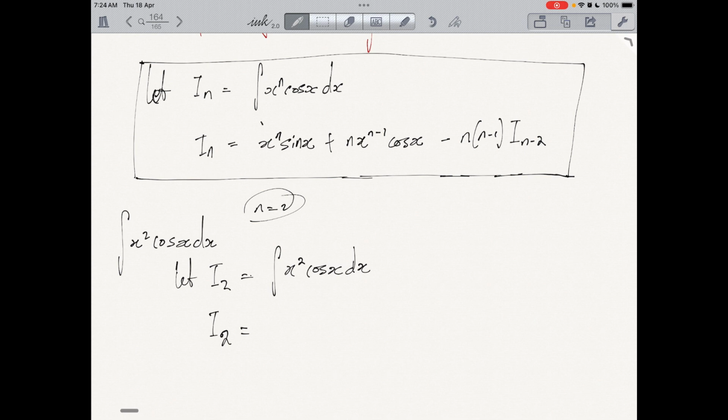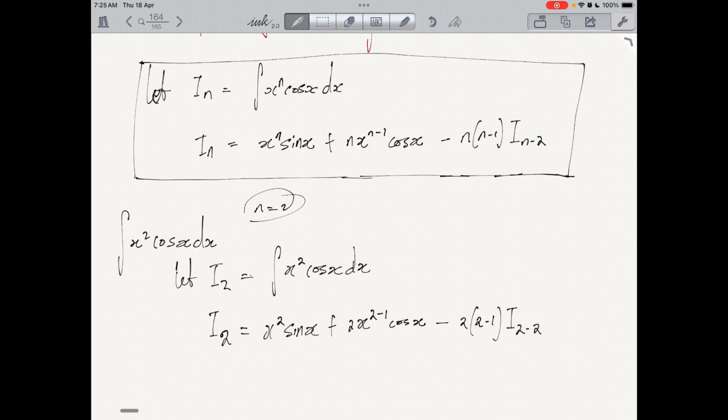That is, wherever we see n here, we substitute 2. So that will give us x raised to power n, that is x raised to power 2 sine x plus n, 2x raised to power 2 minus 1 cos x minus n into n minus 1, that is 2 into 2 minus 1,